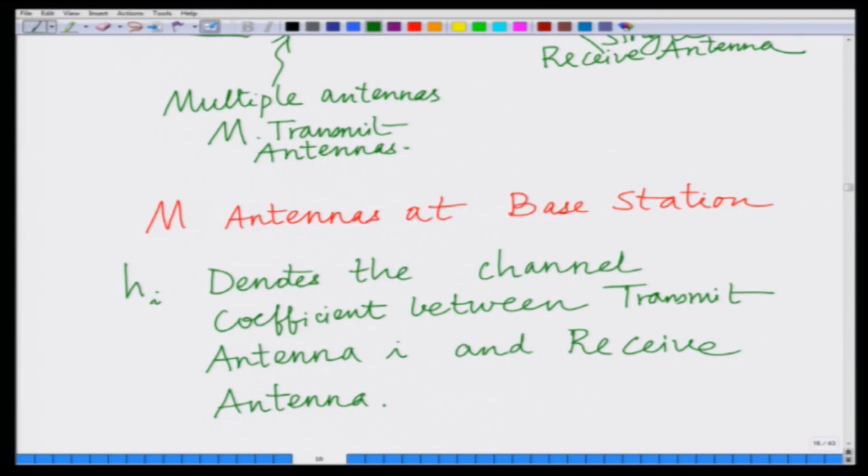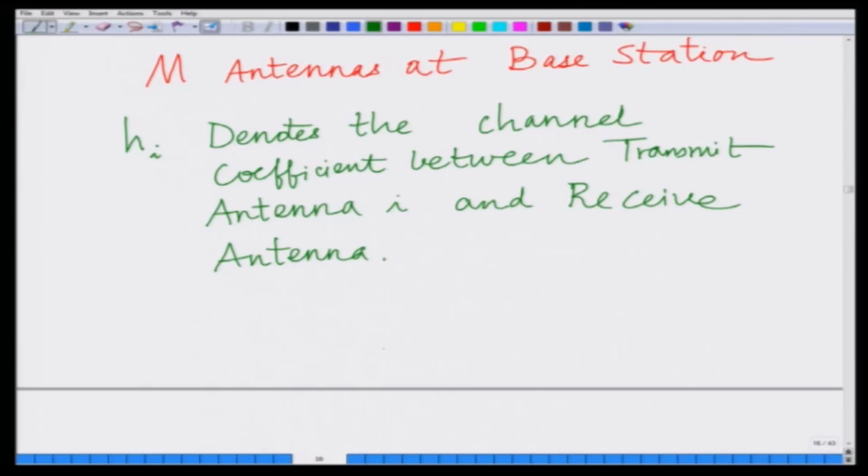Hi denotes the channel coefficient between the transmit antenna i and the receive antenna. For instance, let us consider h2. h2 is the channel coefficient between transmit antenna 2 at the base station and the single receive antenna. Similarly, h3 is the channel coefficient between transmit antenna 3 and the single receive antenna, and so on. Since we have M transmit antennas, we naturally have M channel coefficients corresponding to the M transmit antennas. So, we have M channel coefficients h1,